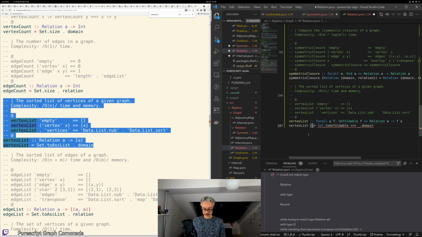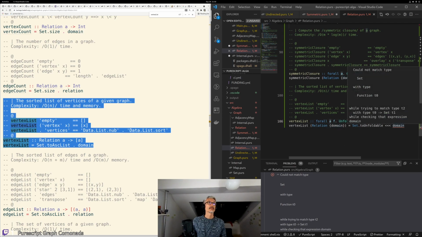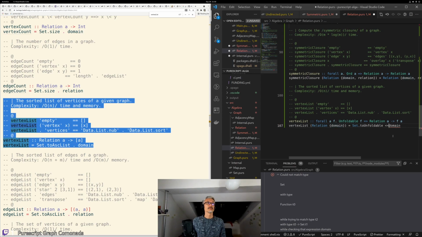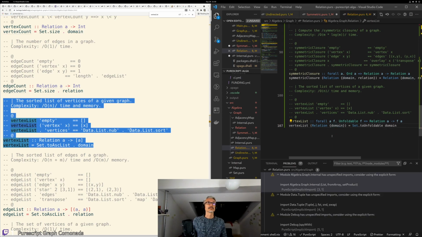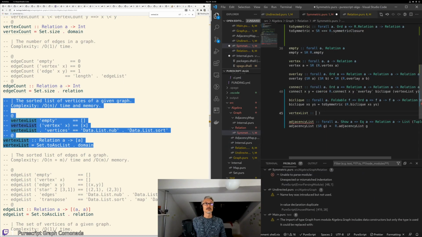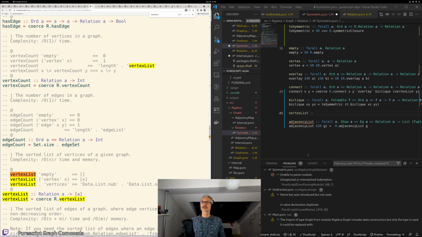Yeah, that's fine. We can just do domain and then domain, and it should work, right? Except for the newtype wrapper. And you don't seem to believe that it's a set. It is a set. What's going on? Vertex list, set, FA. Well, actually, we don't even need a dot. Yes, that's it. So we have vertex lists, and then we need the vertex X for symmetric things, and that's